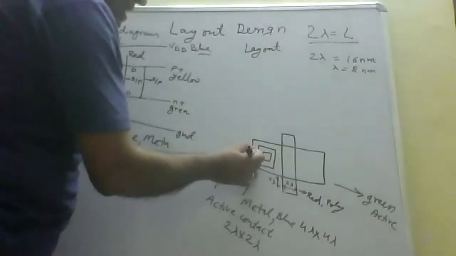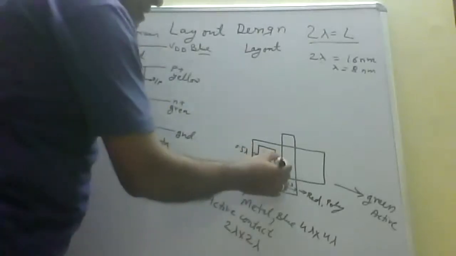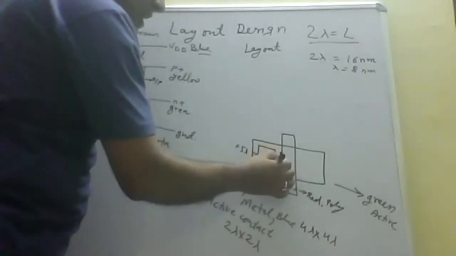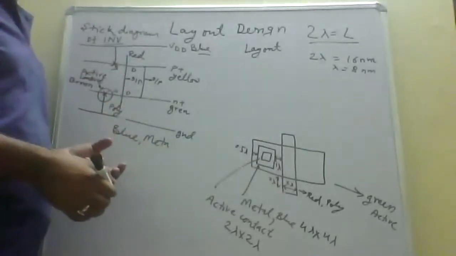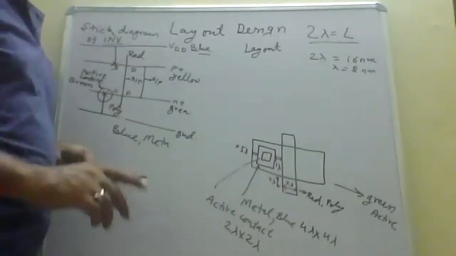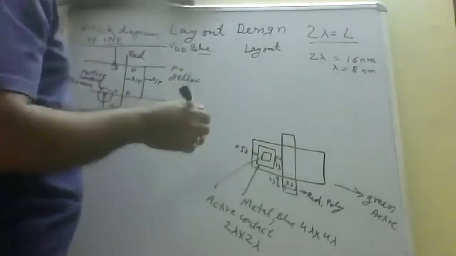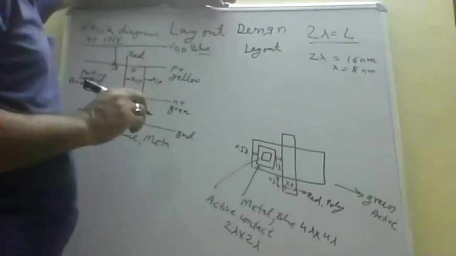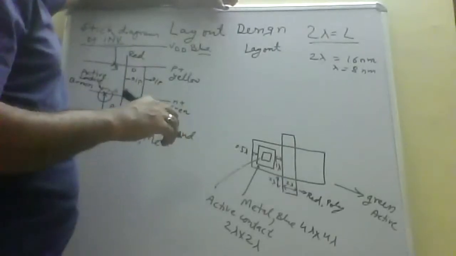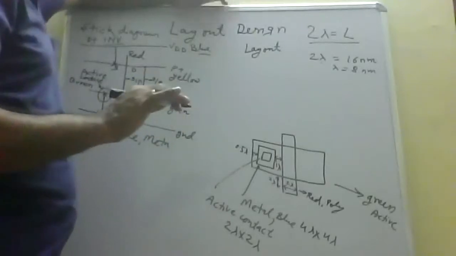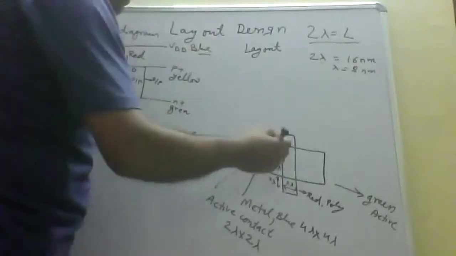And here, this distance is 0.5 lambda. This distance is 1 lambda. Don't worry about these distances. You don't have to remember them because these are the dimensions which will appear in the editor automatically. So if we draw it wrong, it will show an error. If it is correct, then it will not show an error. But it is better to remember these rules, what the spacing between them is.